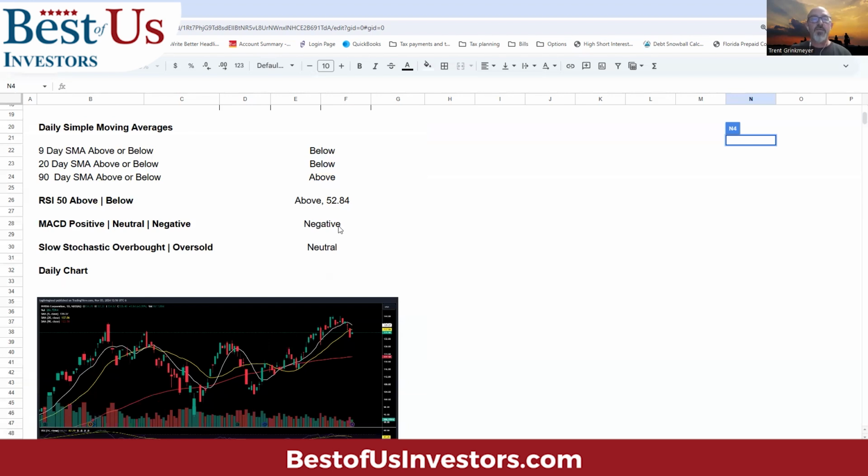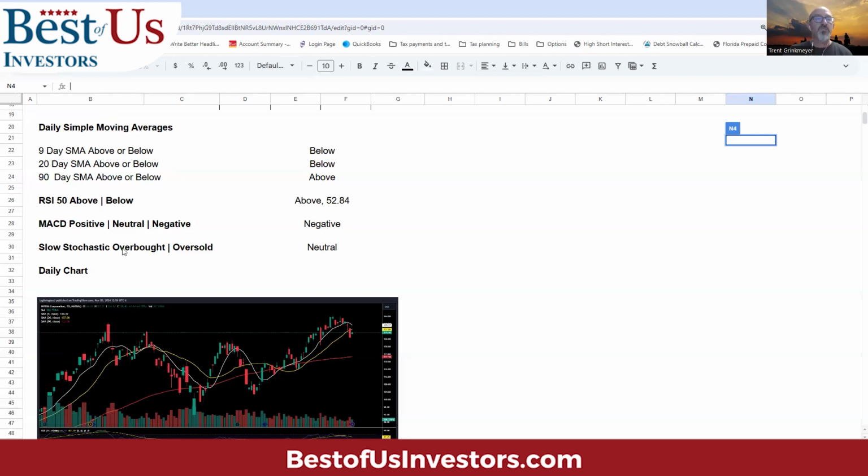I use the MACD because it gives me a longer term oscillator and more of a directional change on a longer term perspective. I use positive, neutral, or negative. And as you can see here, we have a negative as the close of business on Friday, November 1st. We have a negative declining MACD. Now, that can change intraday, and that's where you look at that on your charts and compare